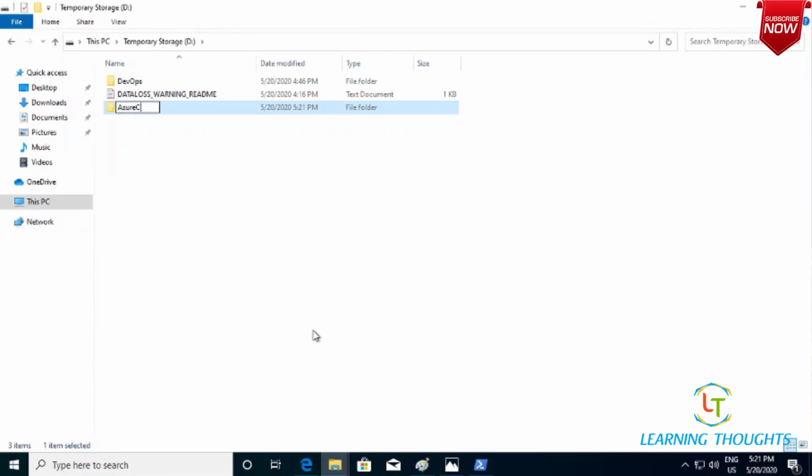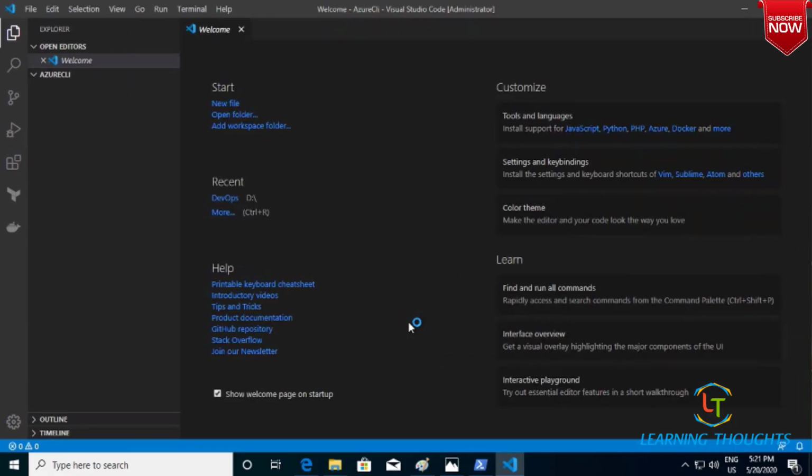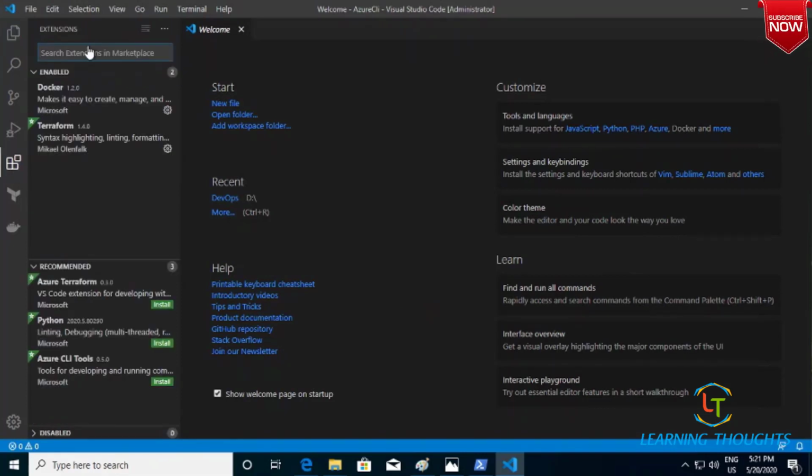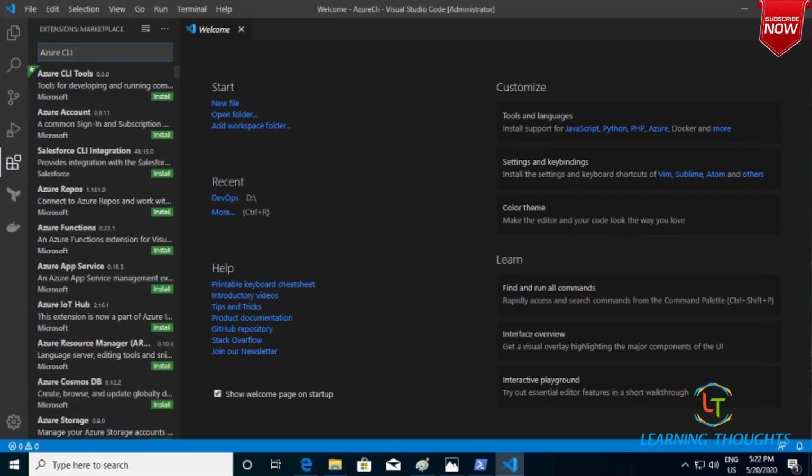Now let me open this with Visual Studio Code. Once you open this terminal, navigate to the extension section and search for Azure CLI. Are you using Azure CLI tools from Microsoft? Try to install them.